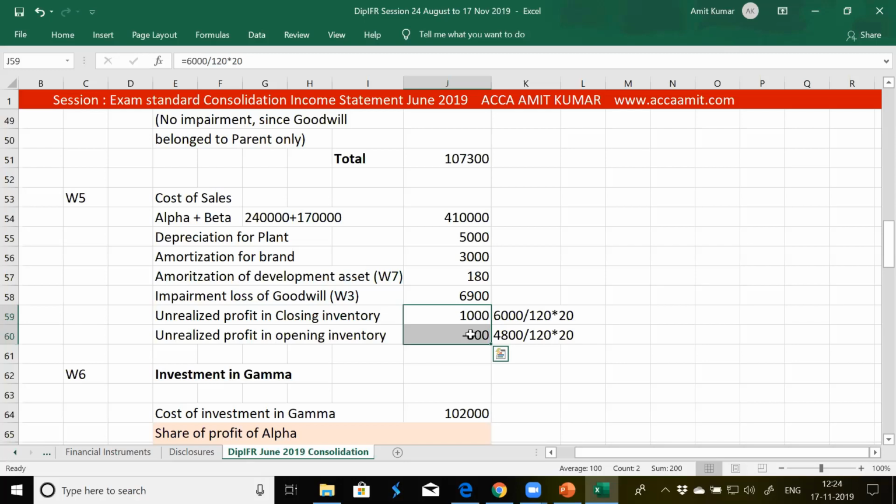If cost of sales increases, your profits reduce. If profits reduce, you believe that you are going to pay less tax. What is the impact of it? If you believe that you're going to pay less tax, you reduce your income tax expense for the current year. How much income tax expense do you reduce for the current year? The net impact is 200. If the rate of tax is 20%,